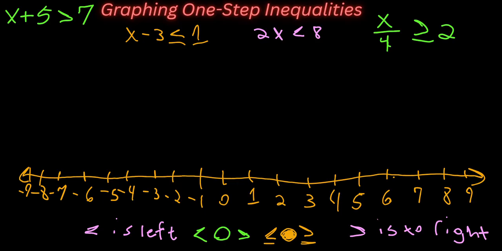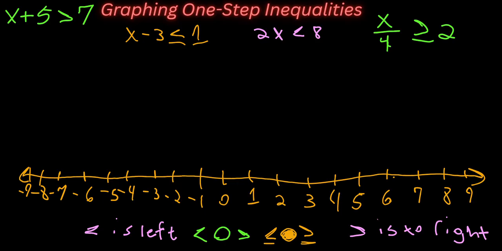Just to give you a heads up on some common mistakes I've seen, that would be the wrong circle. So people misunderstand which circle they should put on a given inequality, or they shade the wrong direction. So that's a couple of common mistakes. So I want you to take these 4 questions, work through them, graph them on a number line, and then I'll do the same so you can see how I do it. Okay,